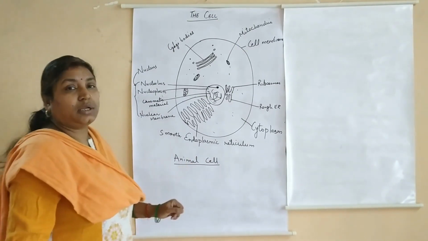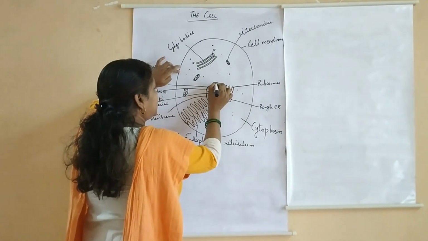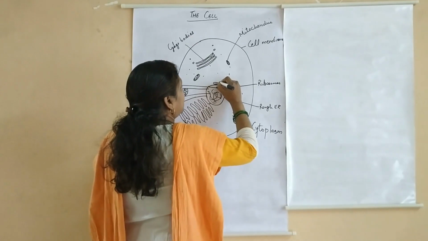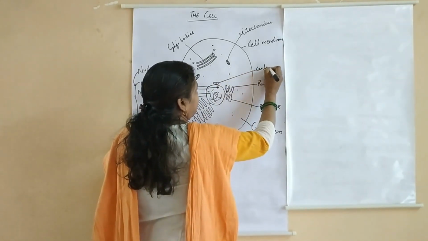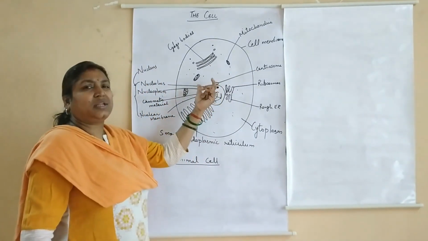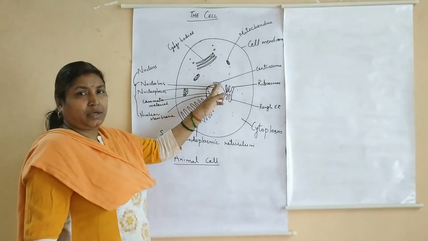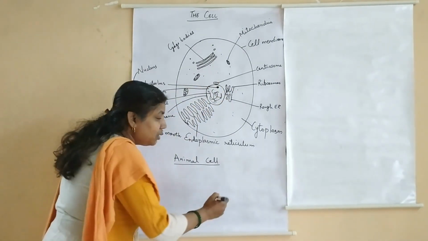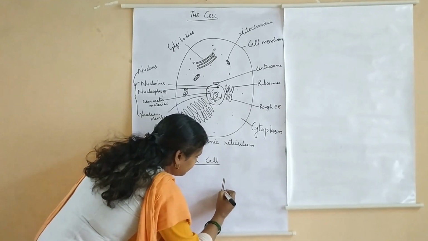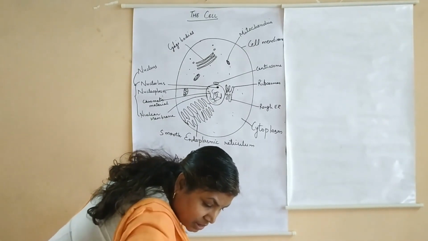In an animal cell, one more structure called the centrosome is present, containing two centrioles near the nucleus. So this is your centrosome. Centrosome is a clear area in the cytoplasm with two centrioles inside it. Now what is this? Centrioles are made up of microfilaments. If you look at the structure, it will appear something like this.